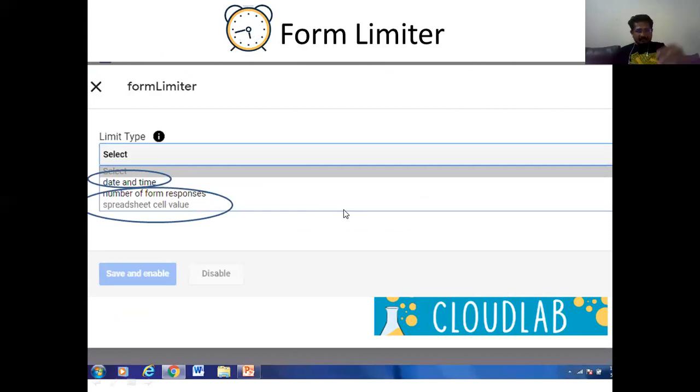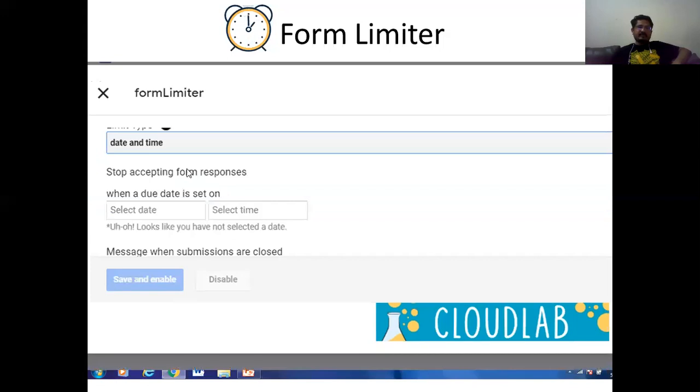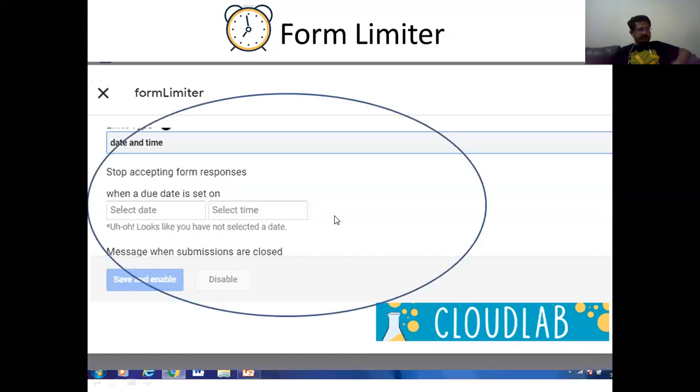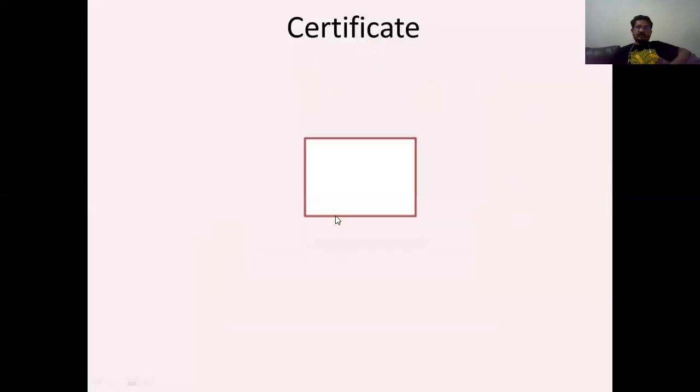Although there are these 3 kinds of options, we need to simply restrict them, because I've sent a quiz to all of you, and that quiz must be attended within half an hour, within 15 minutes. I know this form, I know the questions as well as the answers, so I know what the exact time period is. Maybe that quiz can be given in 10 minutes, maybe in half an hour. So I need to fix only the date and time. Once I click on the date and time option, then select date and select time, we'll see, and it is done.